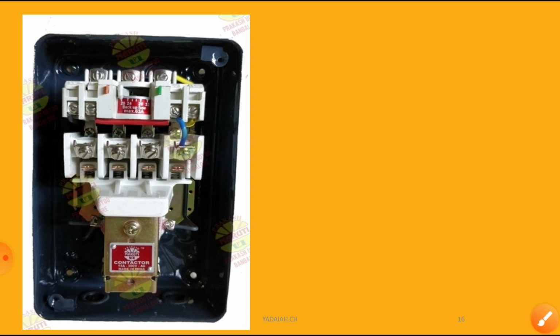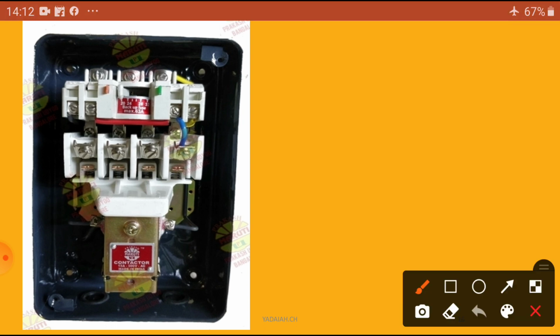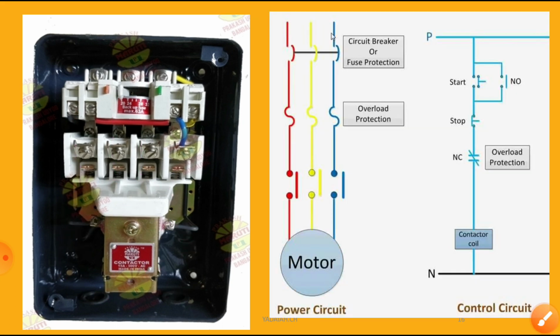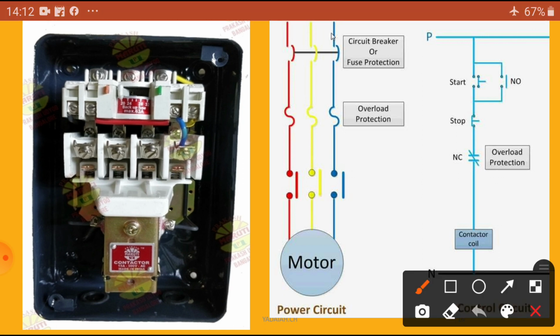This is the same as what we have seen. We will draw the R phase, Y phase, B phase, and the contacts, with the bimetallic strips connected to the coil. So, I want to draw that figure. Here you can see a fuse protection, that is the MCB. Lately we are using the circuit breaker for fuse protection. Next, another is the overload protection, the bimetallic strips.